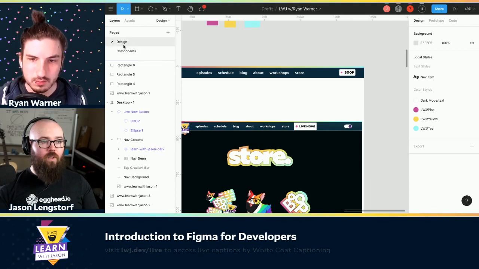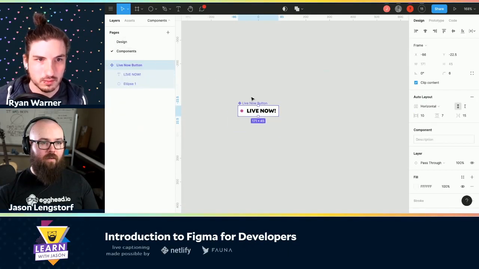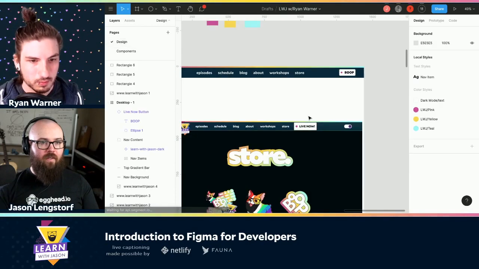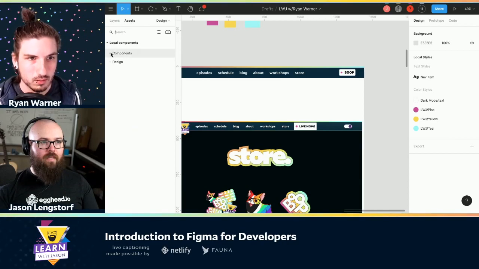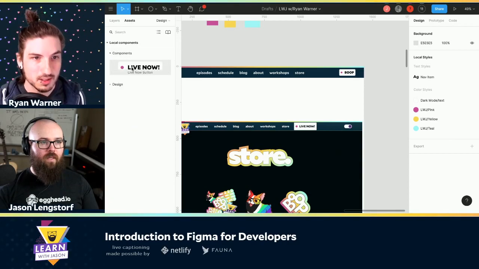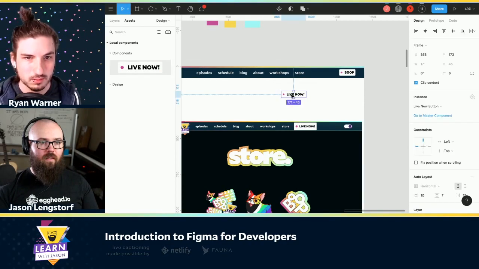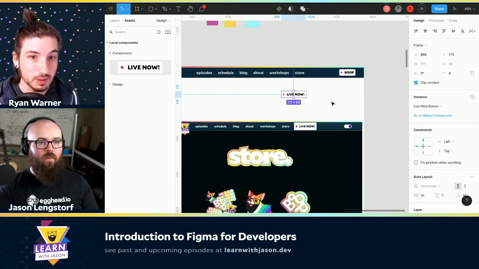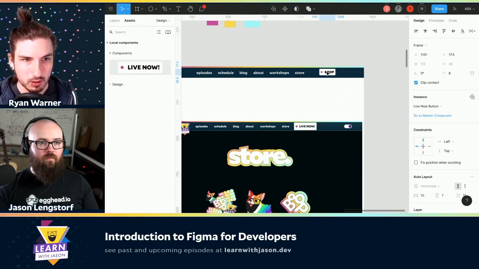But when you do this, now this is where the master components live, and then our designs are out here. If you click assets, we can pull these in. So then we have a little library. It's just getting built up as we go, as we make new master components.